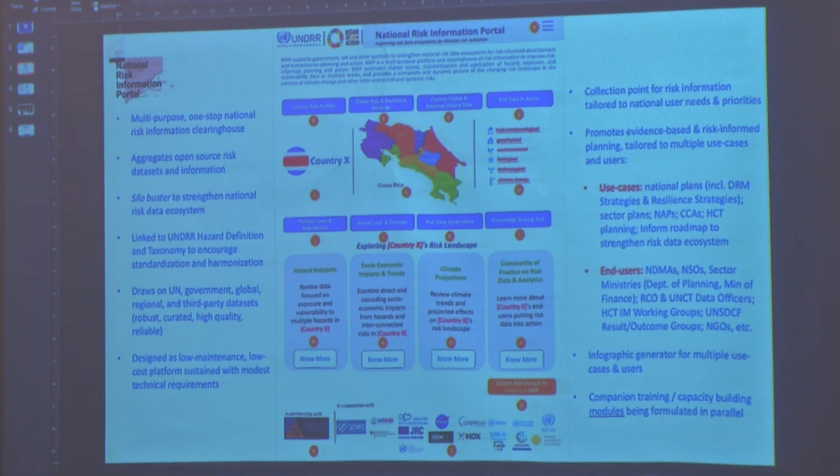So whether you're UNICEF or you're Oxfam or you're an HCT member, you would go to this product and it would link you to Inform, it would link you to all the geo data, Earth observation data that is available for your country, and it would put and order that information specific to the hazard that you're interested in. And again, we recognize we won't have information on 300 hazards in each country, but that's also part of the purpose of this platform, is to demonstrate what the current level of risk information is.